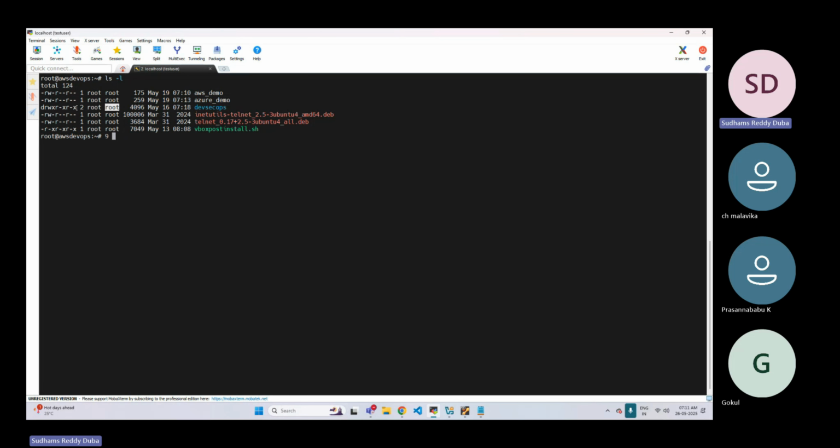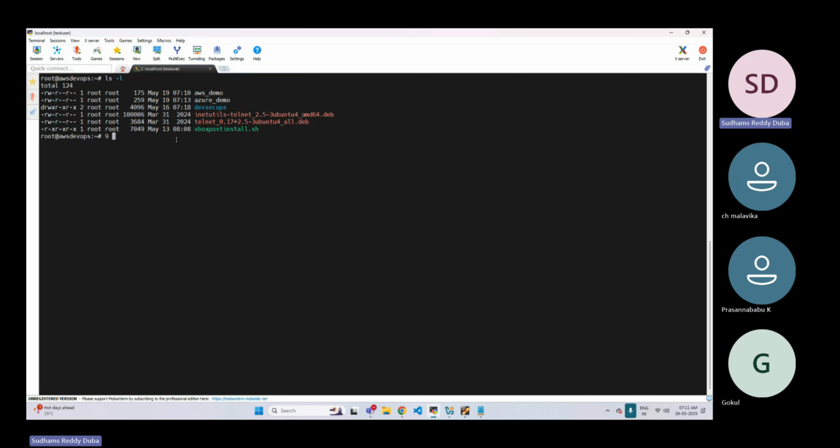Next is others. Apart from this user or a user belongs to this particular group, any other user who is not part of this group is called as others. Now that particular user, what permissions he has on this particular directory, all these are written here. So this is all about user, group, and other permissions. I'll talk about what is RWX in detail. For now, this is the basic information.